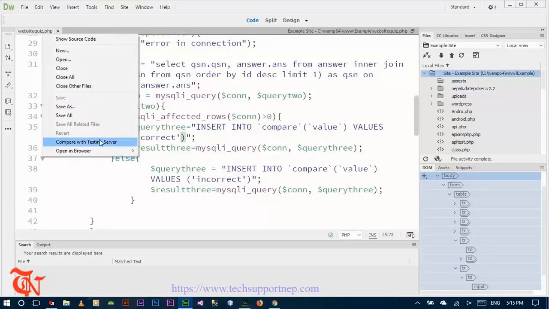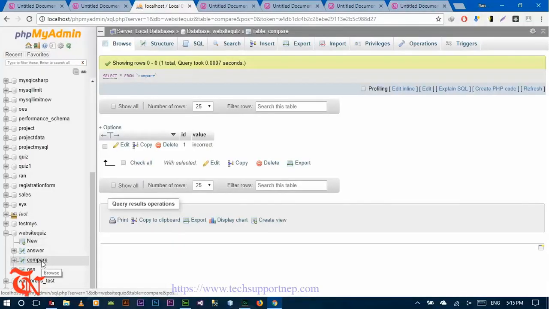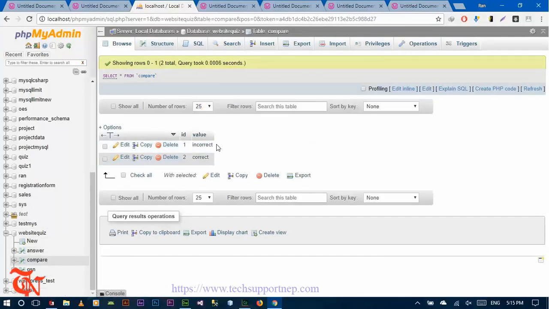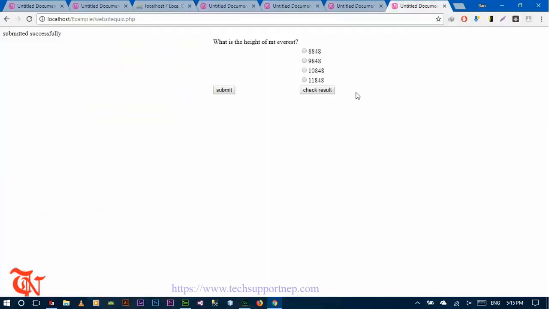Now again open this in your browser, select 8848, click on submit. Now go back to compare, correct value should be appeared over. There you go, correct value is over here. Now when the user clicks on check, their answer should be displayed, that is either correct or incorrect. So go back to Dreamweaver